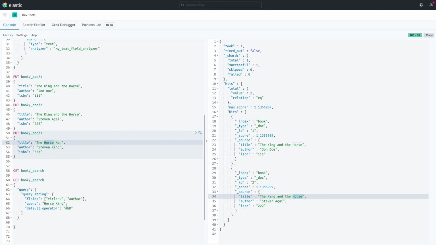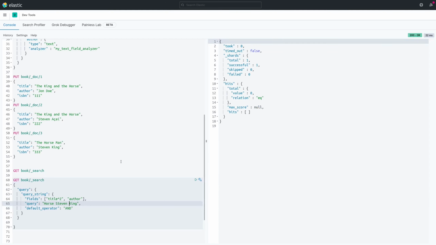But this also leads to some kind of problem, because while this at the moment is probably a good result, if I would now search for... by the way, if you write in uppercase or lowercase, doesn't matter. So you can just write everything in lowercase. Elastic will transform it behind the scenes anyway to lowercase. So when I search now for Stephen King and horse, let me change that order just to make the point